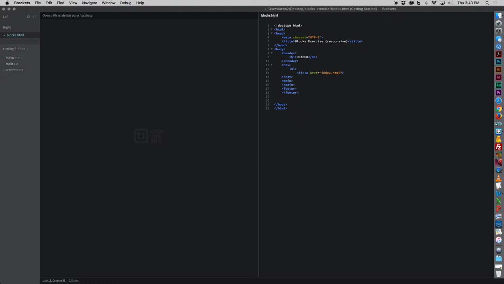Index.html is a home page link because by default the home page of a website is called index. I'm going to just make up another one. This doesn't exist, but